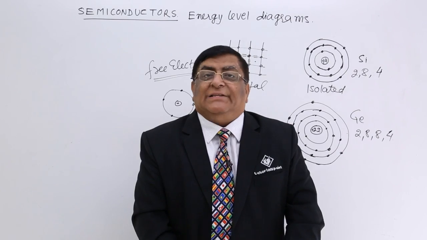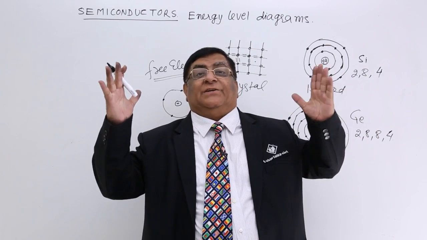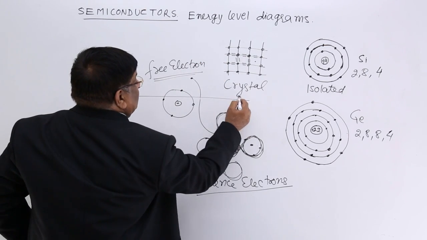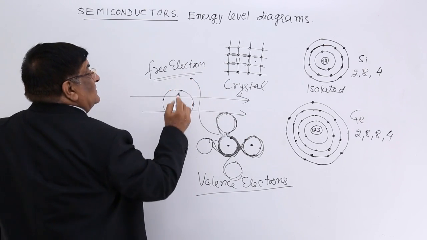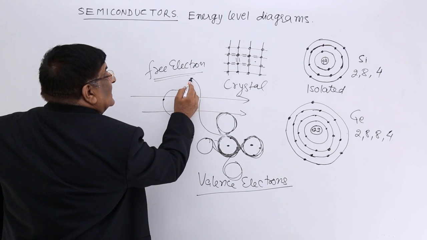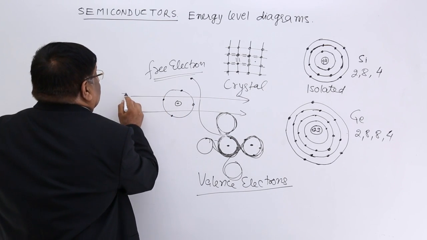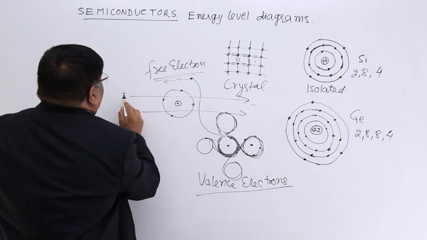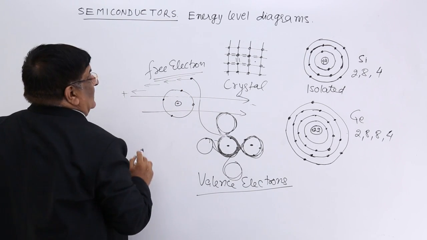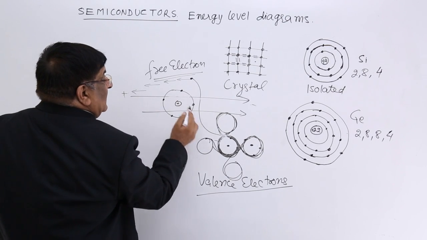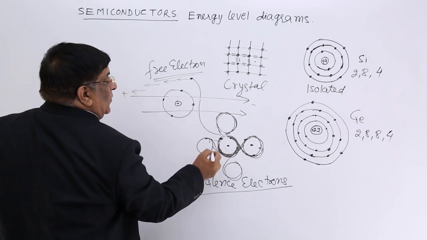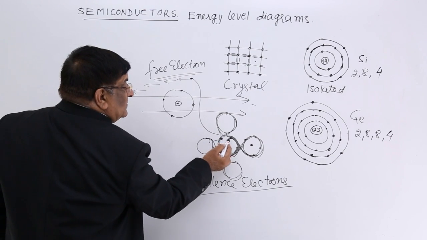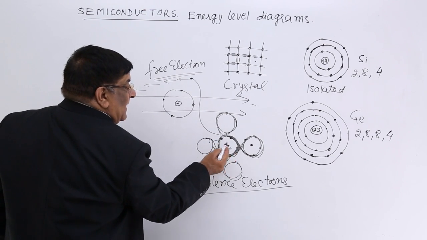But whenever we apply an electric field across this, these electrons experience a force due to the electric field, and they start drifting towards the positive charge. Are they drifting? Answer: no. They are so close to the positive charge that these electrons, which are doing valency fulfillment, do not